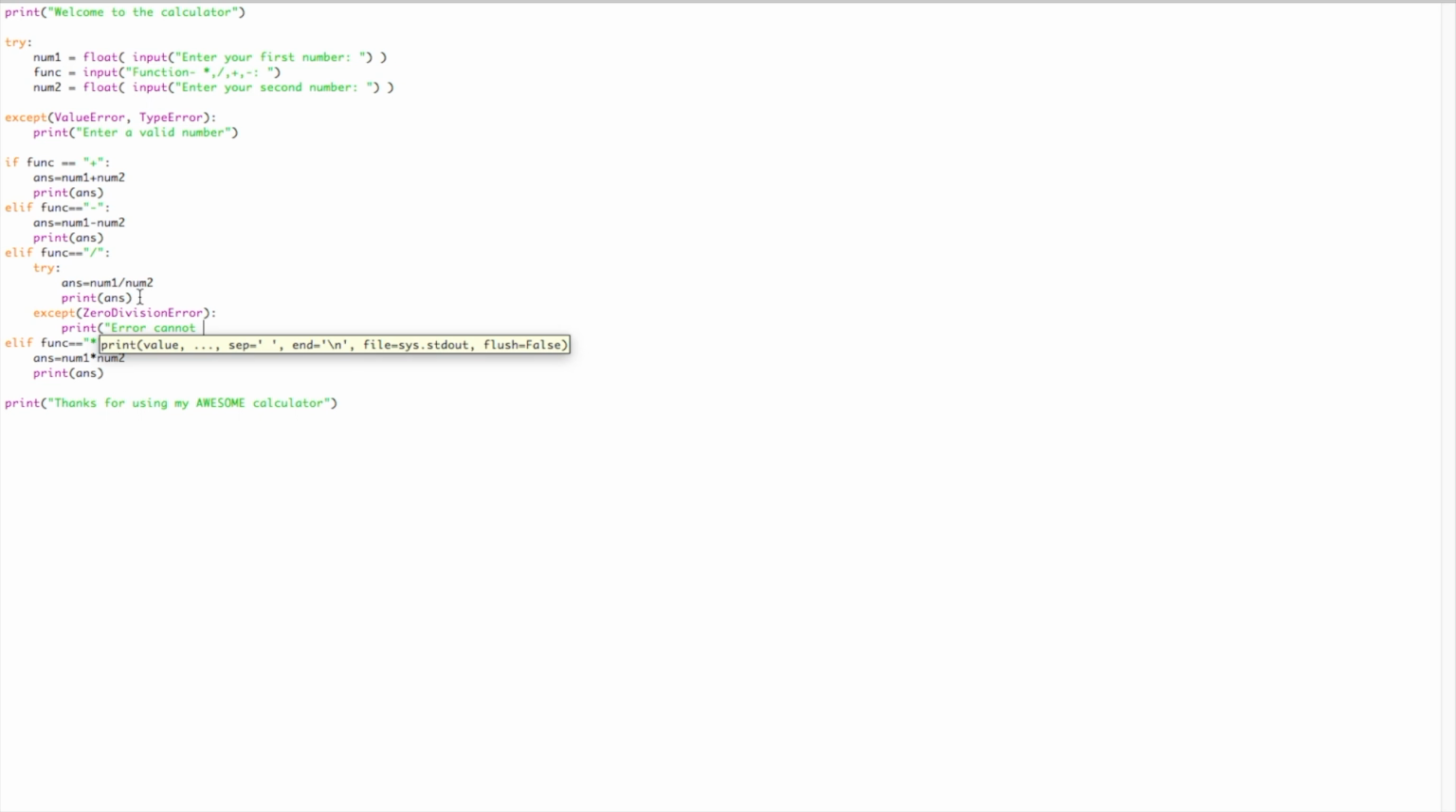Cannot divide by 0. And guys, you can't put 0 because this is just a normal print function. Now if we run this module,